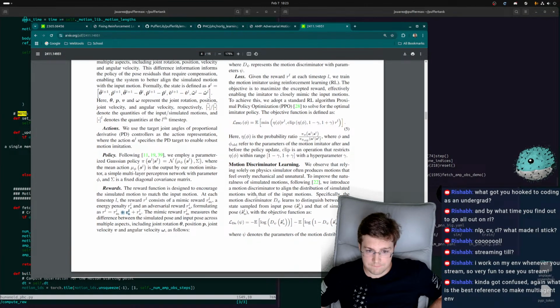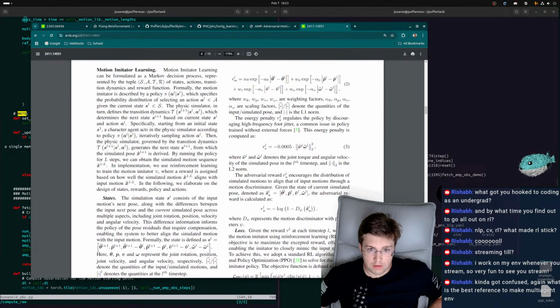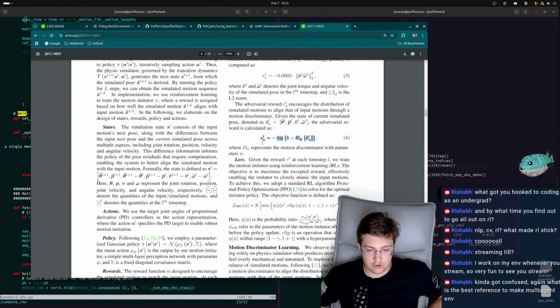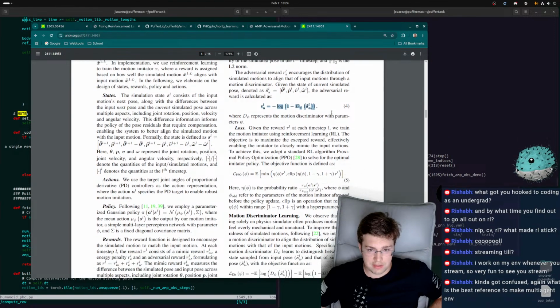Where's RE? RM, RE, okay. So RM and RE come from the environment. So these two are both in the environment, right? Which you've said are imitation and energy. Yes, perfect. So there are just two pieces left.